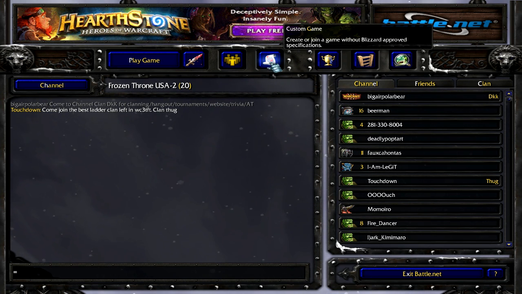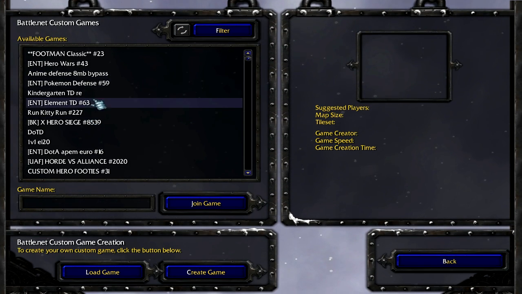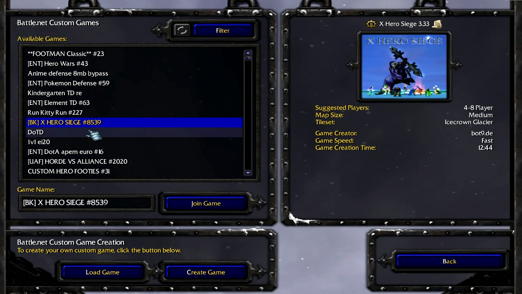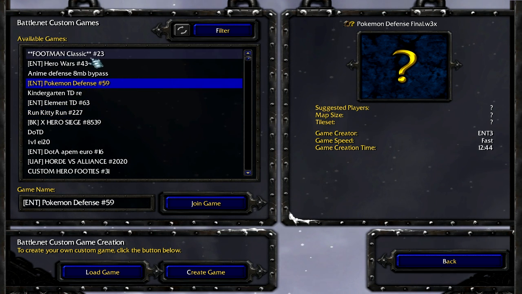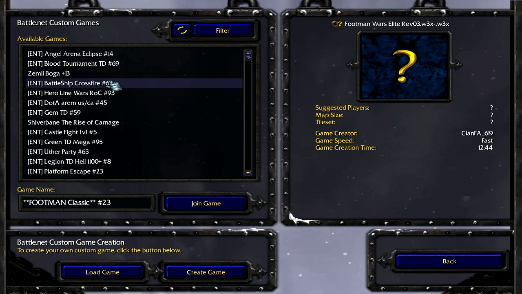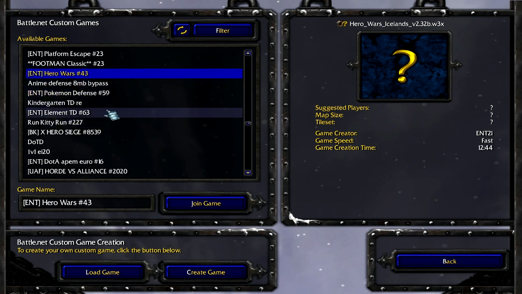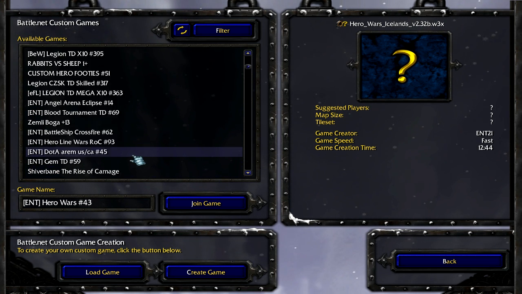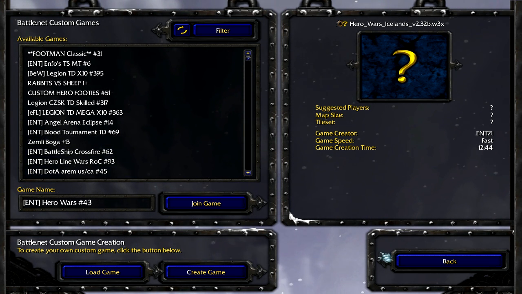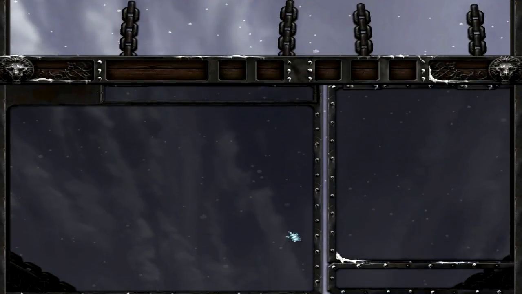So you sign into Battle.net, you go into custom games, and this whole list of games pops up. X-Hero Siege, Run Kitty Run, Pokemon Defense, Footman Classic, which is Footman Frenzy, I believe, Hero Wars. Wintermaul One always pops up here as well if you give it enough time. But since it's not up here right now, I'm going to show you a quick tip